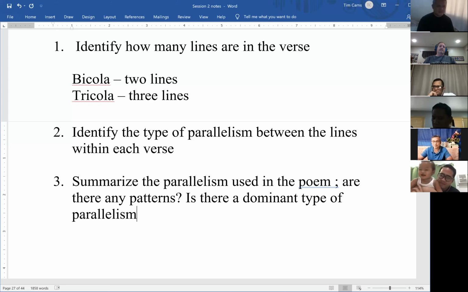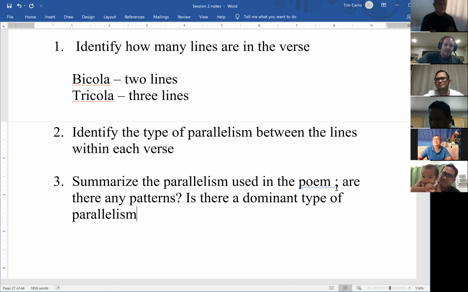So it's important to see. In some poems, we'll see a bunch of synonymous parallelism used, and then one verse uses developmental. Sometimes the author will do that because he's wanting to draw attention to that verse that is different as far as parallelism is concerned. So it's helpful at the end, after you look at the parallelism used, to see if there are any patterns. There's not always patterns, but sometimes there are. So we just want to pay attention to that. Any questions? None. We're okay. All right.